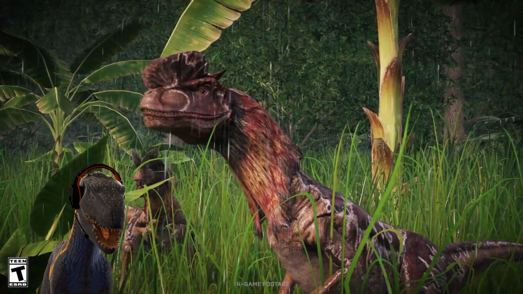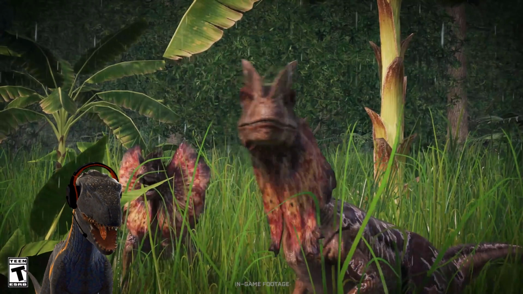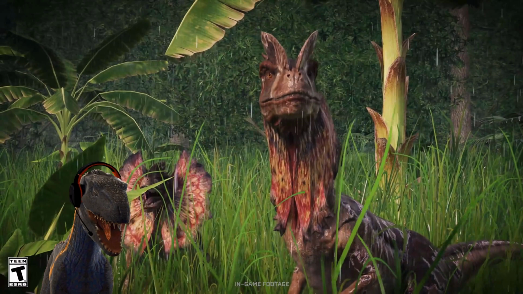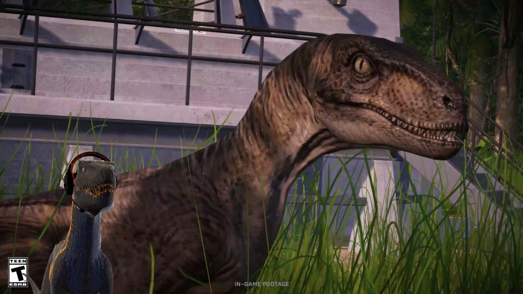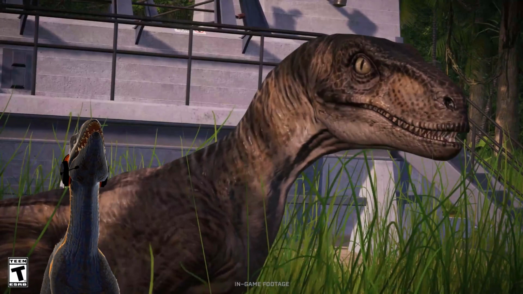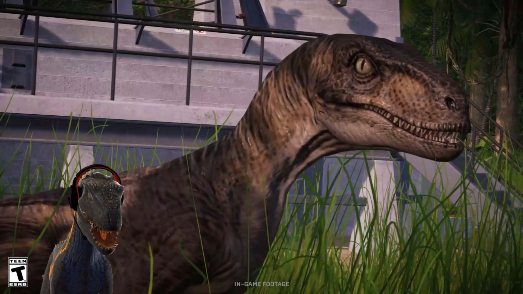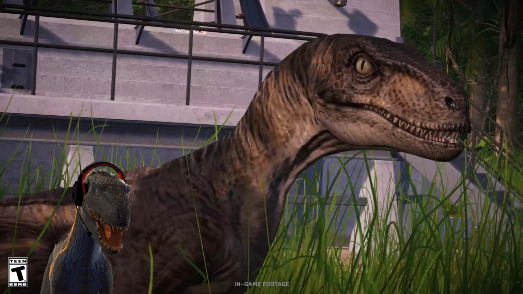Now we have the original Dilophosaurus. I can't see anything new on the Dilophosaurus. We already had that skin, but of course it belongs to Jurassic Park, so we can't really complain that much. And then it is in the bloodline of myself, the big one. There we go, the original Alpha from Jurassic Park with a major redesign on the Velociraptor. Look at that. So that is going to be amazing with the original skin, and this is more